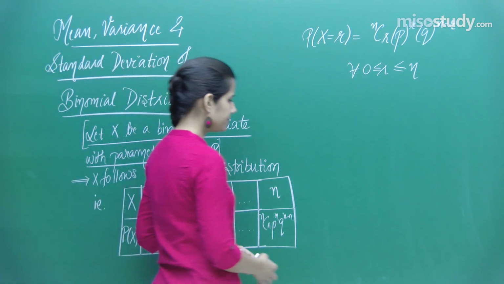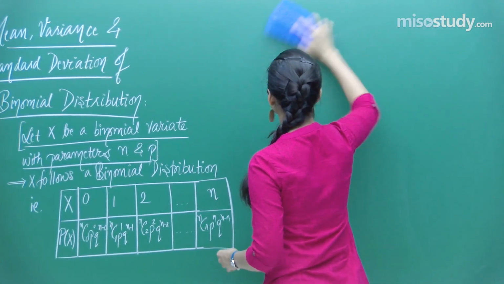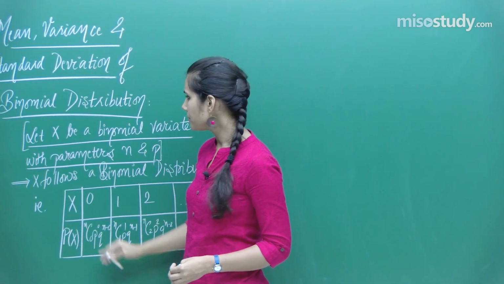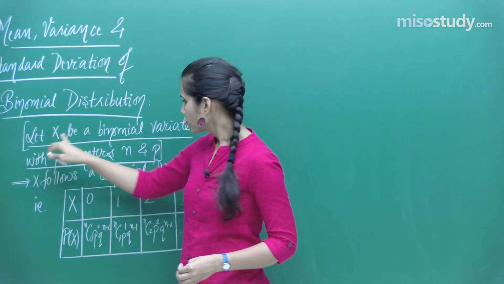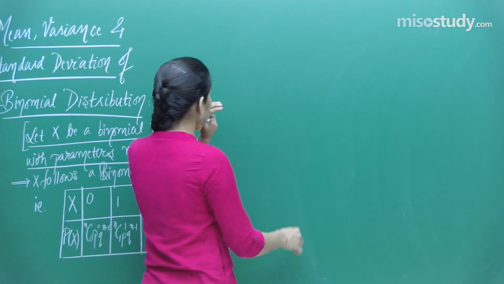Now let's move ahead. The target is to get the mean of this binomial distribution, or to get the mean of this binomial variate whose parameters n and p are known. Now,